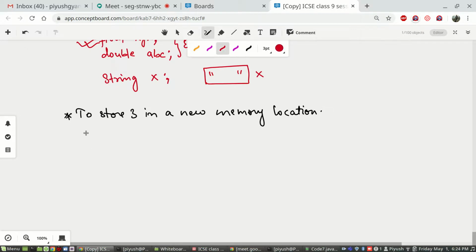So 2 steps will be there. First step is to reserve a memory location by specifying type and name.